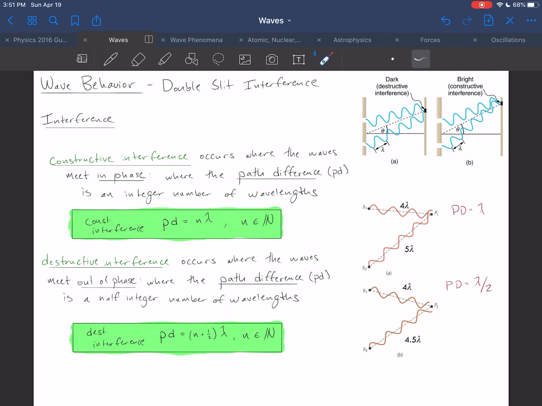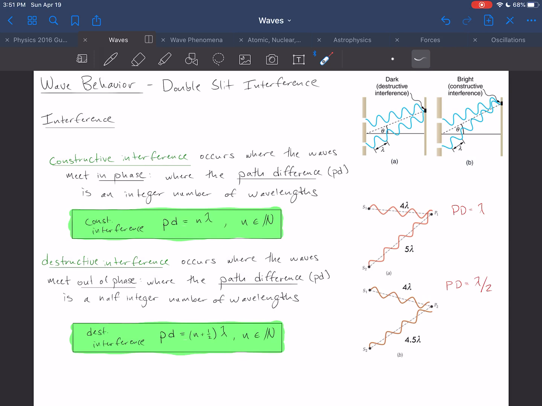Likewise, you get destructive interference where the waves meet out of phase, and exactly out of phase, where the path difference is a half integer number of wavelengths. In particular, you would get destructive interference, or those dark spots, where the path difference might be 1/2 wavelength, or incrementing up, it could be 1.5 wavelengths, otherwise known as 3 lambda over 2. Or plug 2 in here, it could be 2.5 wavelengths, otherwise known as 5 lambda over 2,